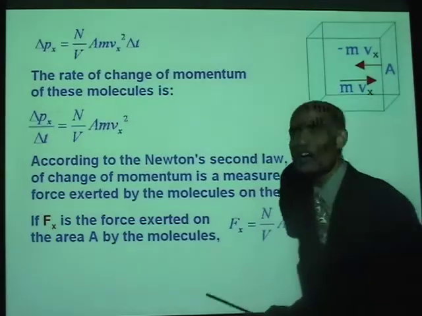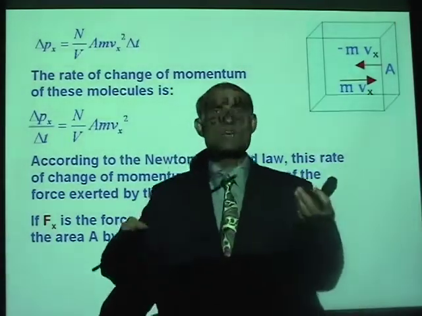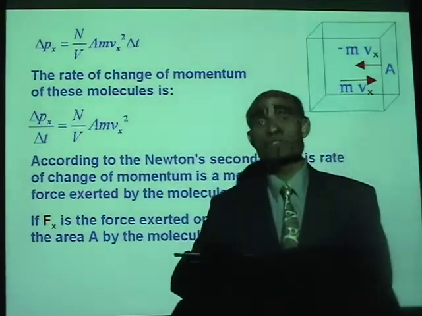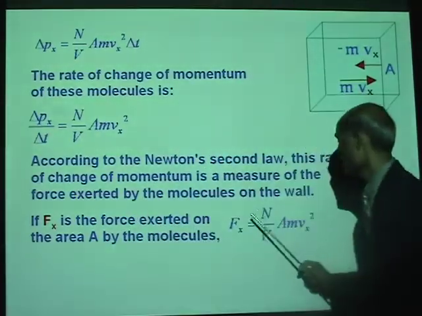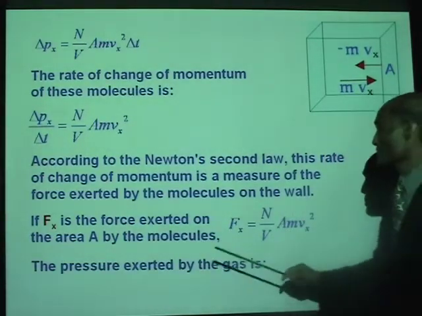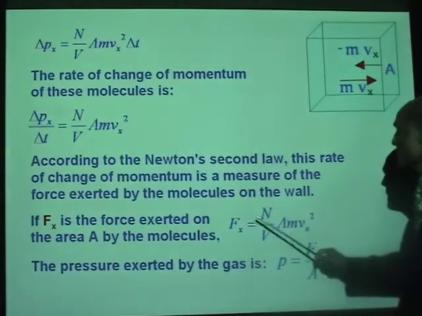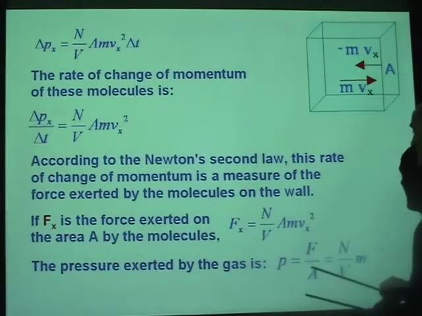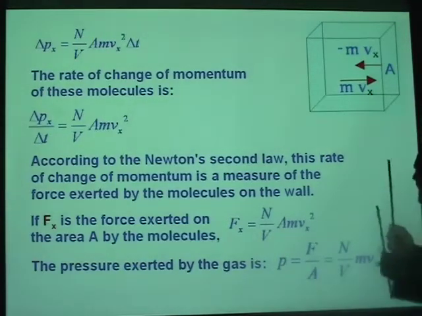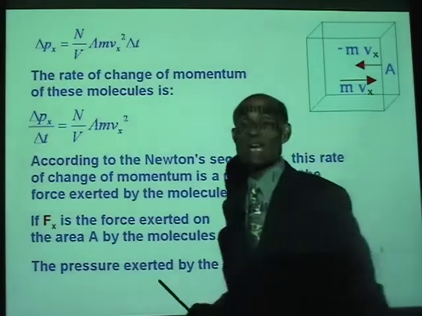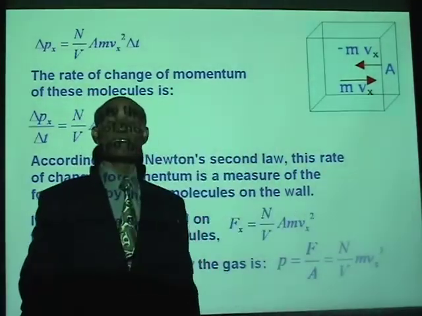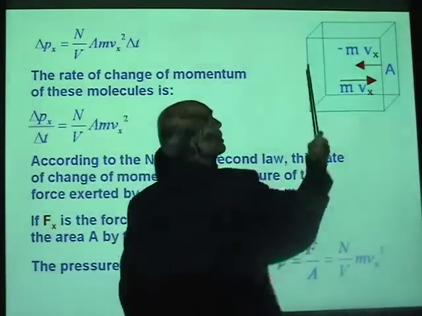Alright. How many of you know what pressure is? How is force related to pressure? Well, pressure is force per unit area. If you divide this force by area, you get pressure. So pressure exerted by the gas is F over A, and that will therefore be N over V m Vx squared. We have now obtained an expression for the pressure exerted by a certain amount of gas enclosed in a